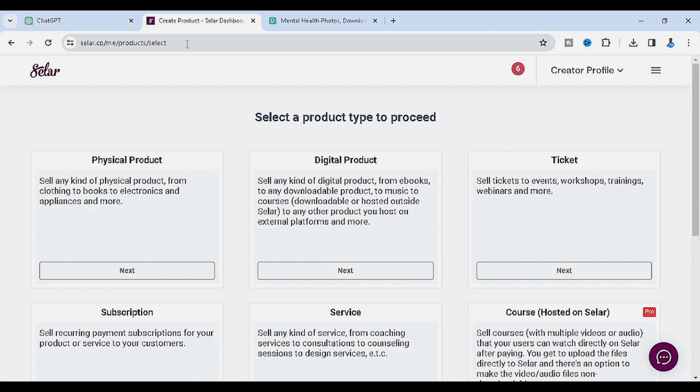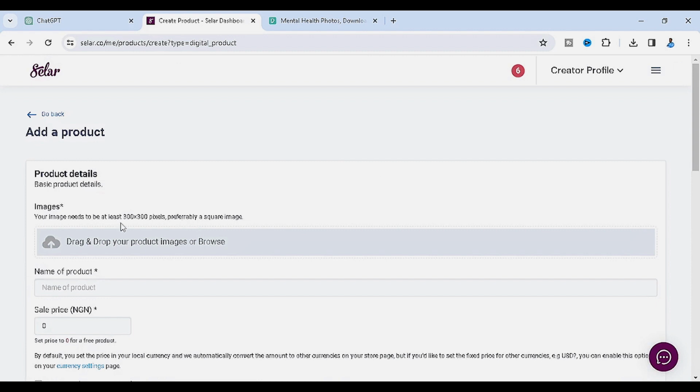All right, now once you're ready to sell on Selar, all you simply want to do is to come here to the type of product it is, and now it's a course. So we're gonna come here to digital products. Okay, so we're going to click on next. All right, once you click on next and digital product, all you want to do now is to fill in the